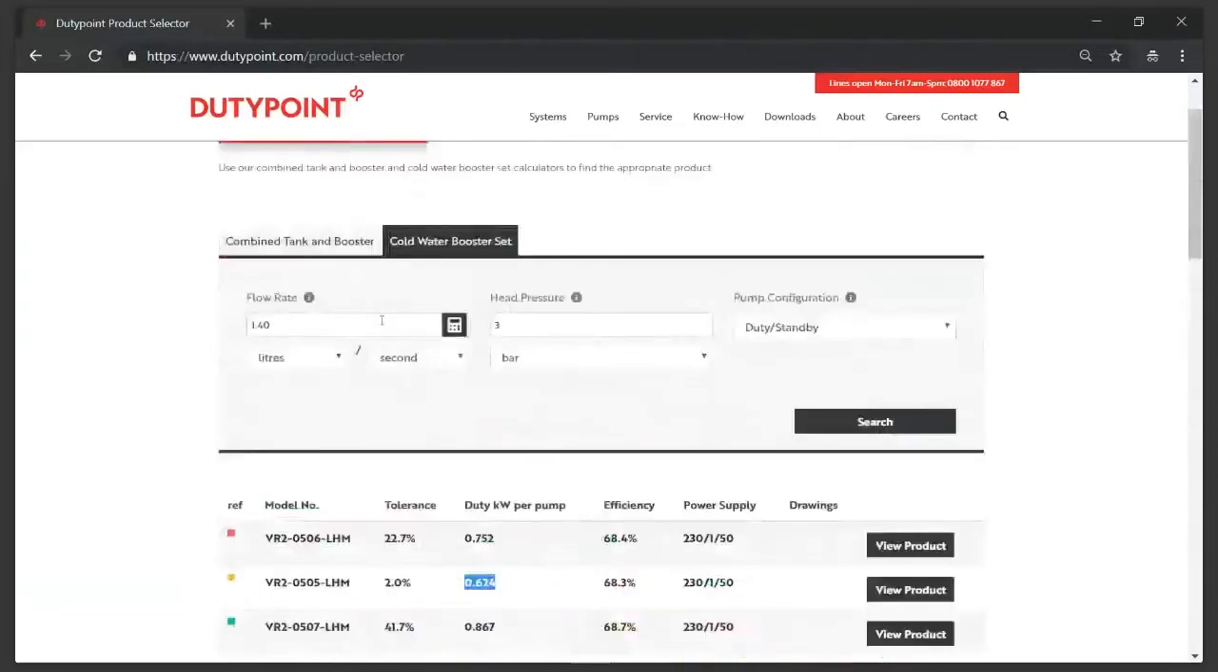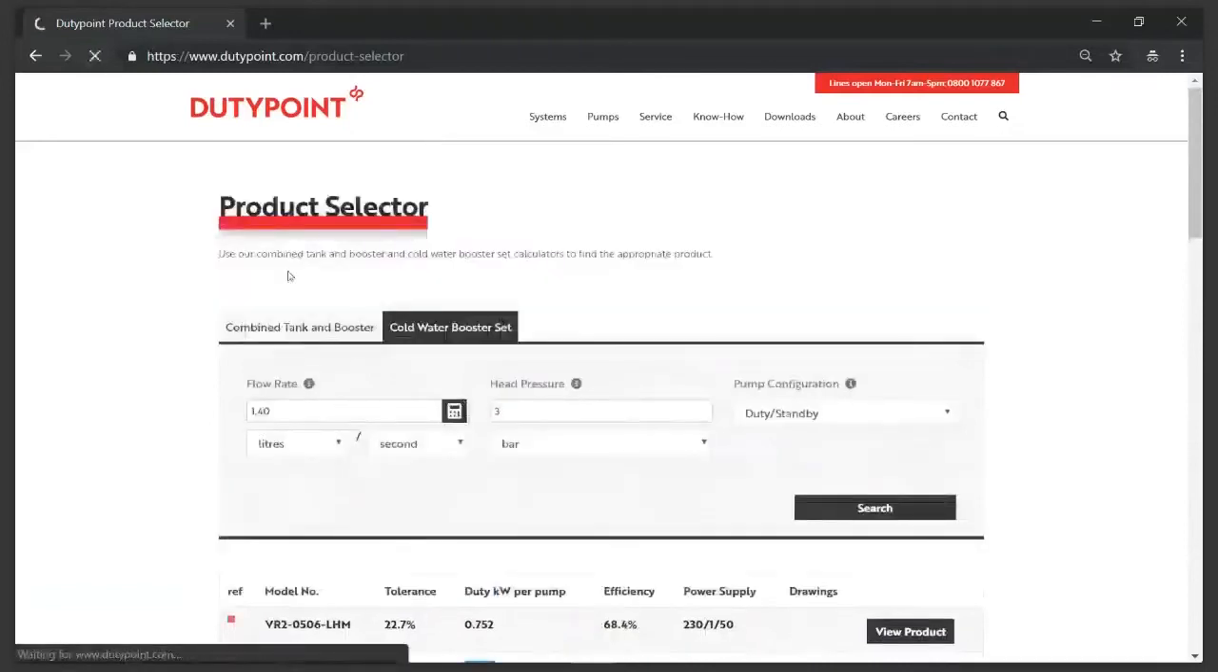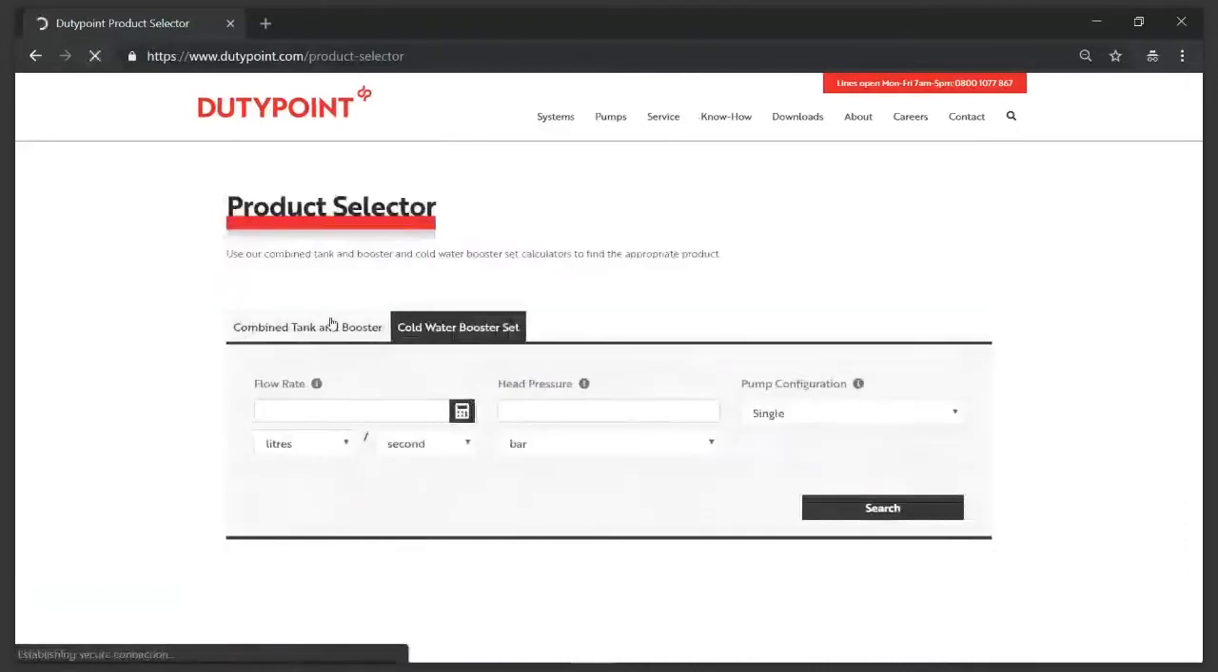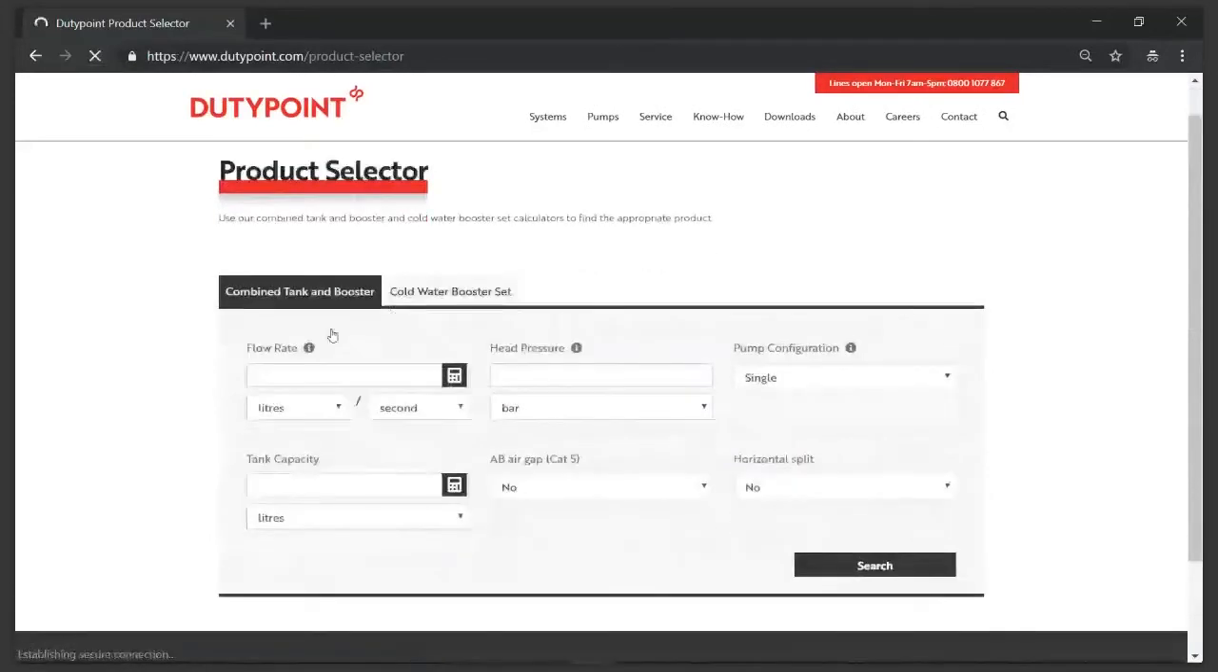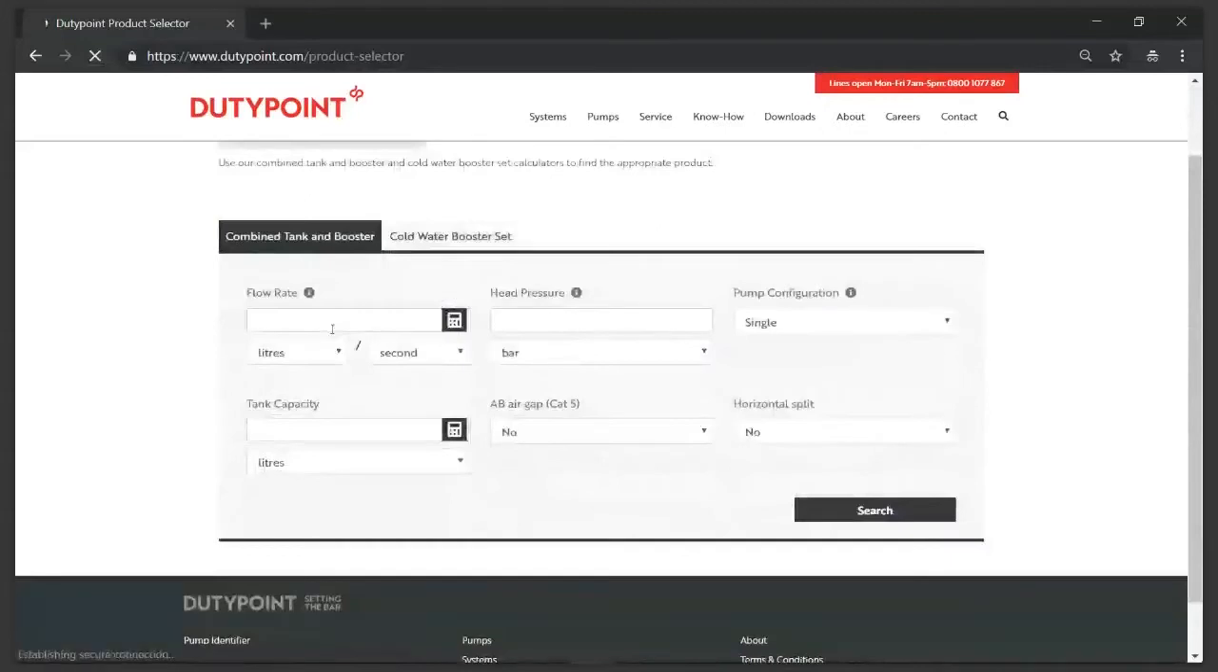Now, also in our calculator here, we've got a combined tank and booster selector, which is used for selecting our scuba tank product range, which combines a booster set and a brake tank all in one unit. I'm going to use a slightly different example here, and we're going to think a bit about brake tank capacity. An example where standards like BSEN 806 don't necessarily work particularly well are things